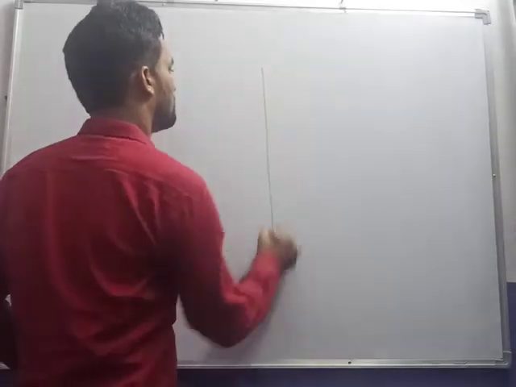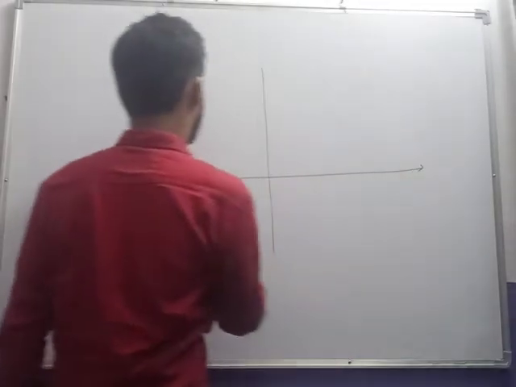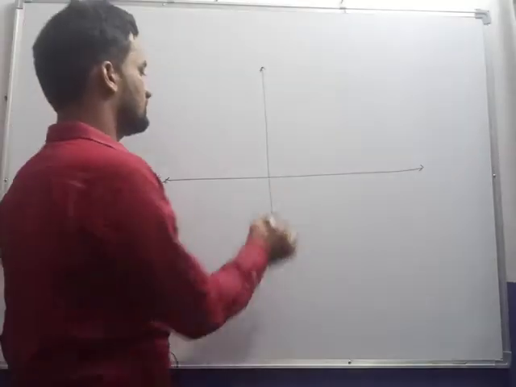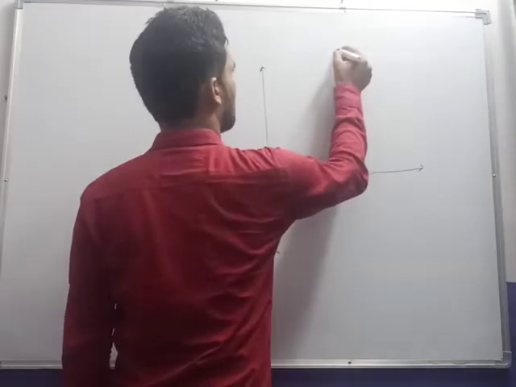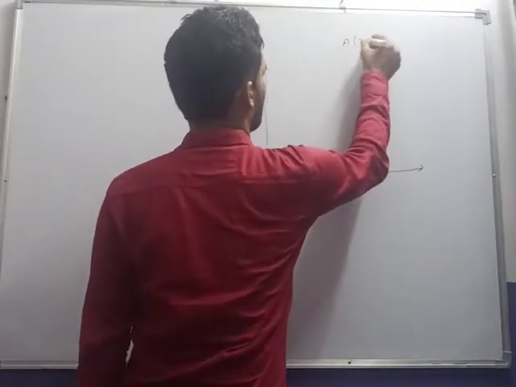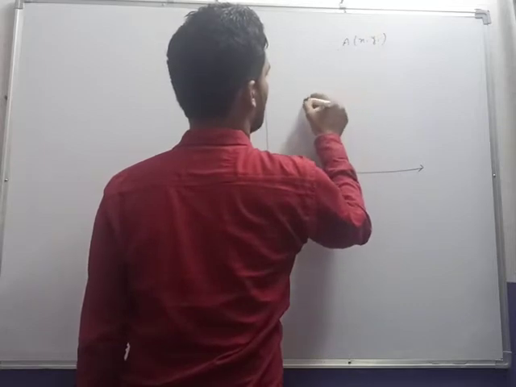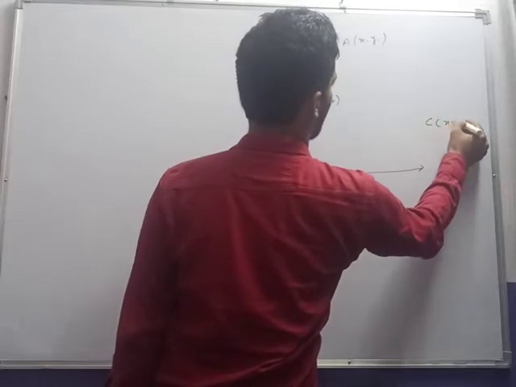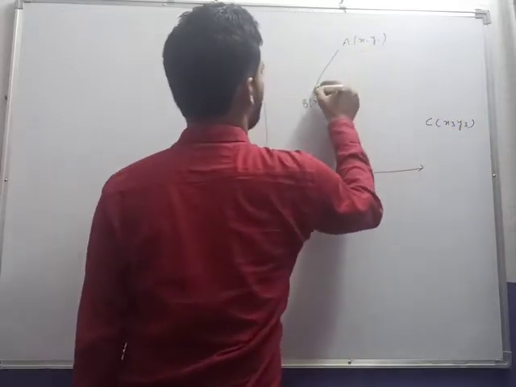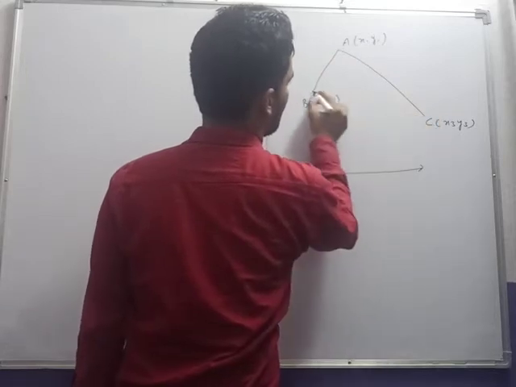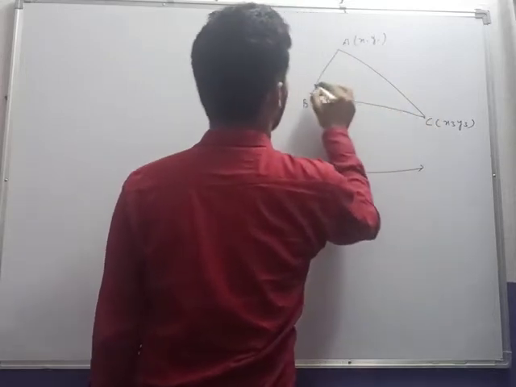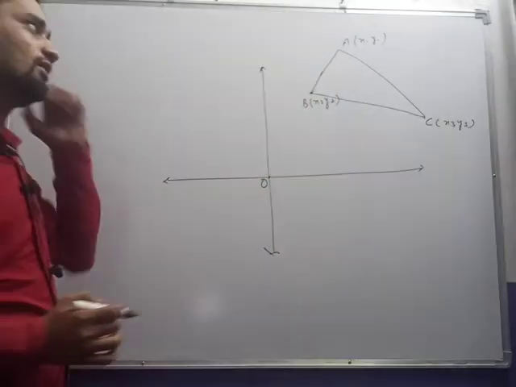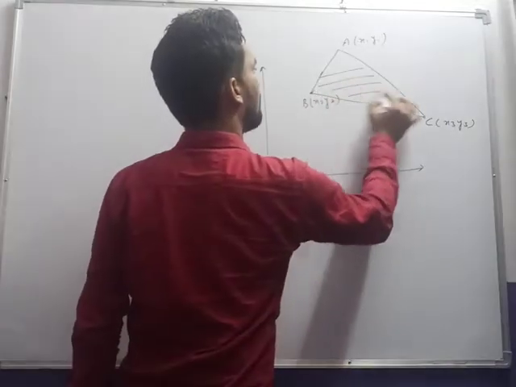Firstly, in previous classes, and even in this chapter, we have studied this. This is a Cartesian plane, and this is the origin. Suppose here is a point (x1, y1), and here B (x2, y2), C (x3, y3). If we join these 3 points, they will form a triangle. So we can find out the area of this triangle if the coordinates are given.